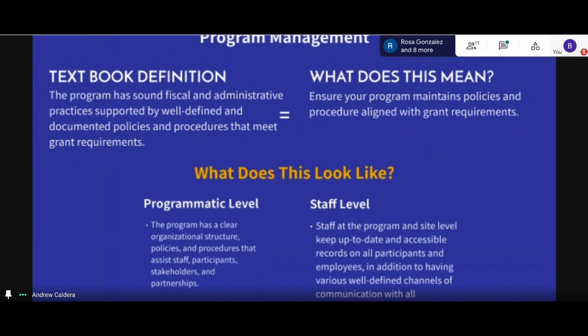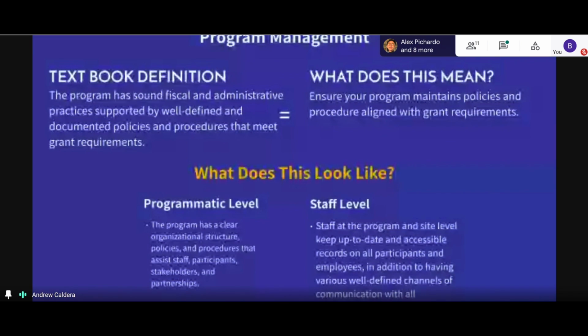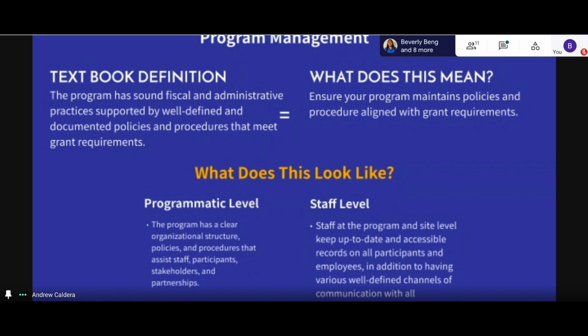need to get done. A lot of times our program should have a clear organizational structure of how we should be doing things, and a lot of us do have those things. For example, we have to do our service learning and stuff like that, or our family literacy events, depending on your grant. So we want to make sure we're completing those requirements for our grants.